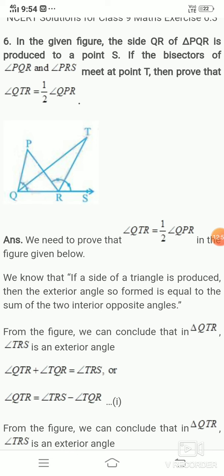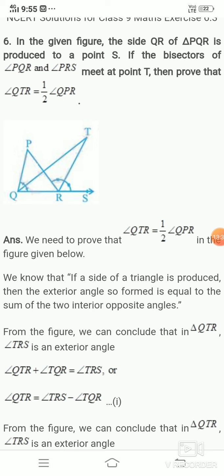So you need to compare these two triangles, and also you need to tell about the relationship at T and P. So write the given condition. Try to write, in the first triangle QTR, the angle QTR value, and in the triangle QPR, the angle QPR value, and use the angle bisector condition. At R the angle bisector is given, and at Q the angle bisector is also given. So use these two conditions.